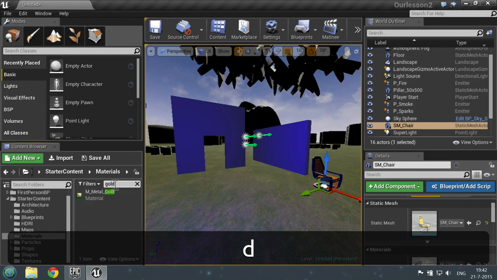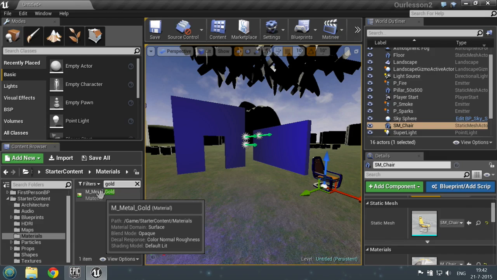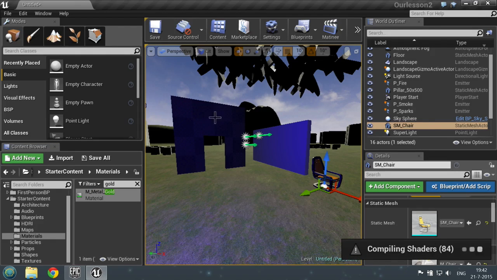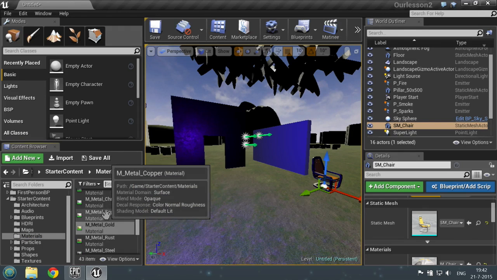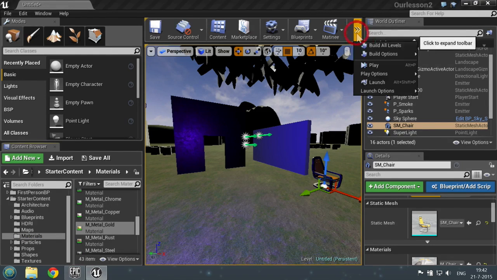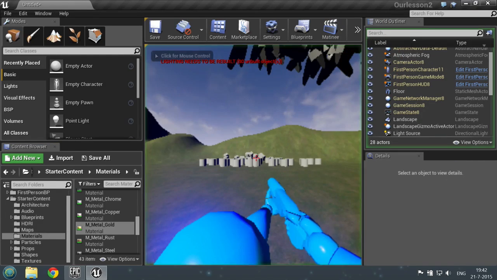I'm going to filter gold, material gold. Let's put that gold material on the door frame here. So I'm dragging it and putting it onto that door frame here, and it says compiling shaders, and when that's done I can have a gold doorway. So you can use the materials folder to find the material you want it to look like. And now it's going to start off as blue gold. I think I'm going to press play,